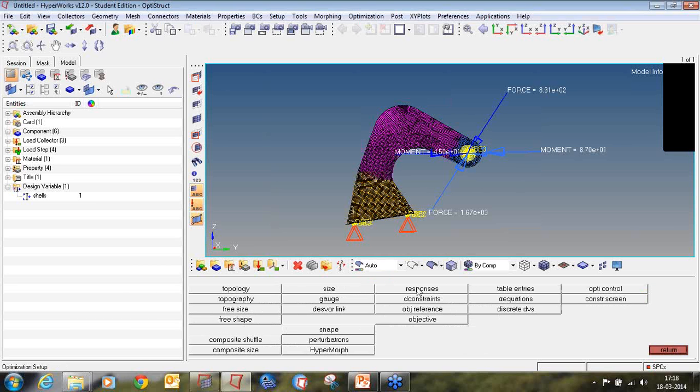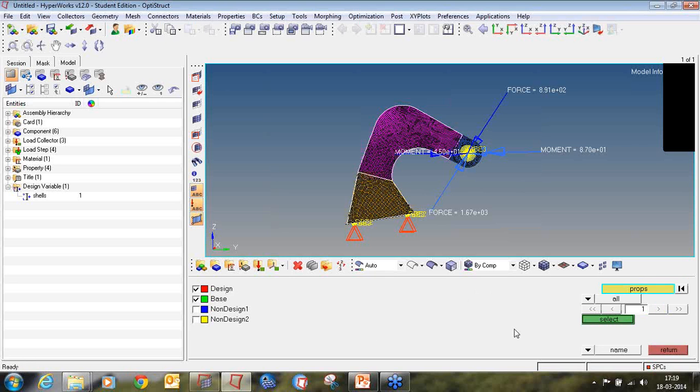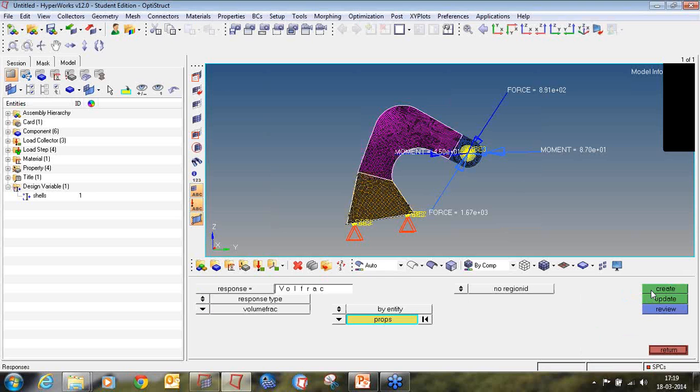Then the next step is to define responses. So my first response is volume fraction. Response type to volume fraction. Instead of total, I will select the property and select the property of design and base.